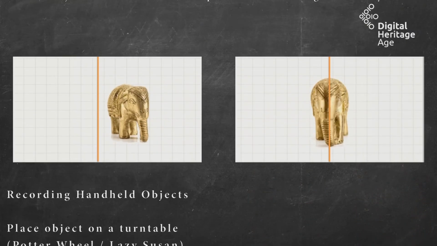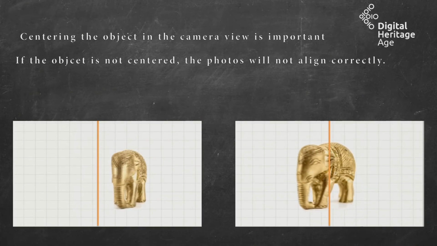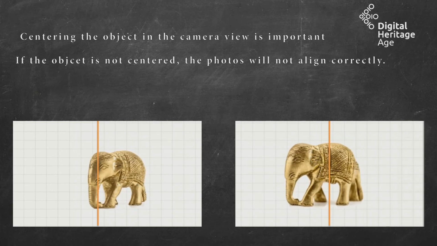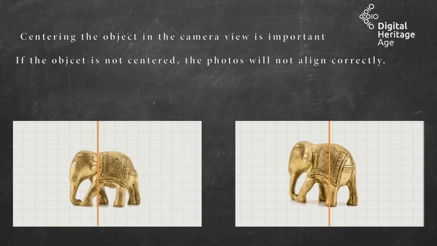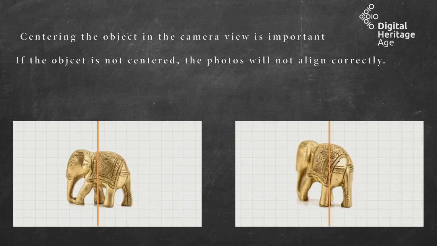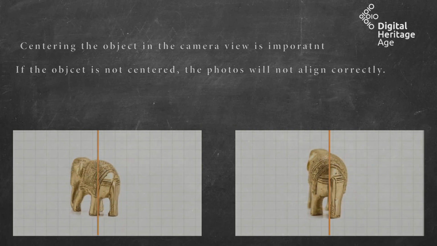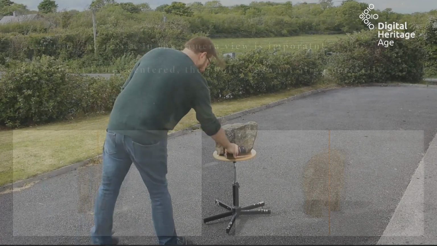The important thing to keep in mind is that your object is dead center in the camera's focus. So if you look on the right here, the object is rotating around a center point, whereas on the left, it's swinging back and forth between the right and the left of that center point line. And if this is happening with your object, it's going to go further and closer to the camera, so it's going to go in and out of focus, and it's not going to work as well.